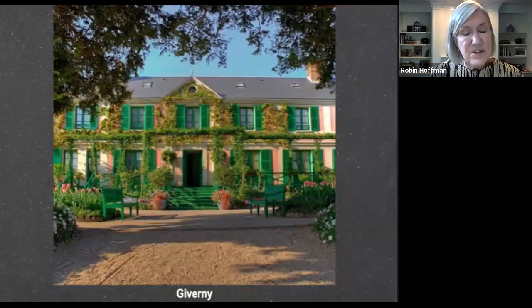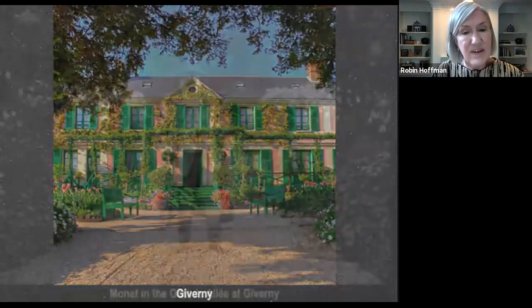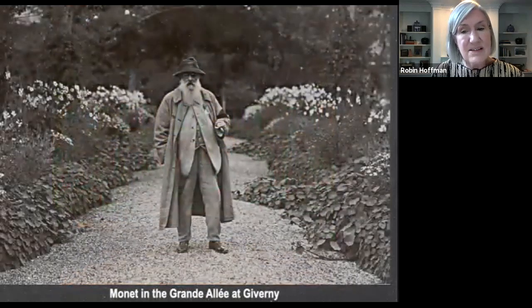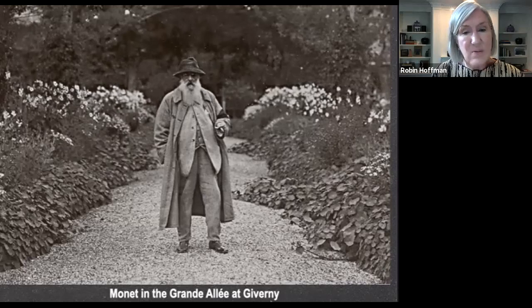The decision to move to Giverny clearly had one motivation. There was lots of land, which was cheap and open to cultivation, and the land around the house at Giverny gave Monet the opportunity to create the gardens that he had been dreaming of during all the time he'd been renting. He was finally able to plant the gardens that he wanted to paint. In all, Monet painted over 500 works based on his gardens, and Monet himself described his garden as his greatest work of art.